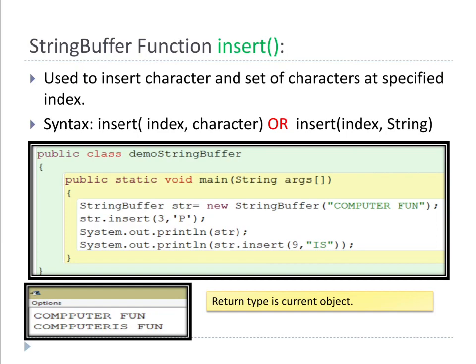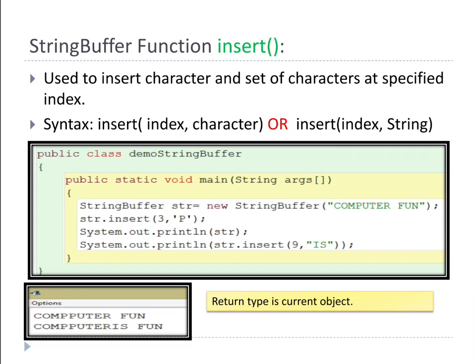Then we have insert. Insert, from the name itself, is going to insert a particular character or a set of characters, which is a string, at a particular location. See, I provided both examples. str contains computer fun. I want to insert P in the third location. Insert never replaces anything.